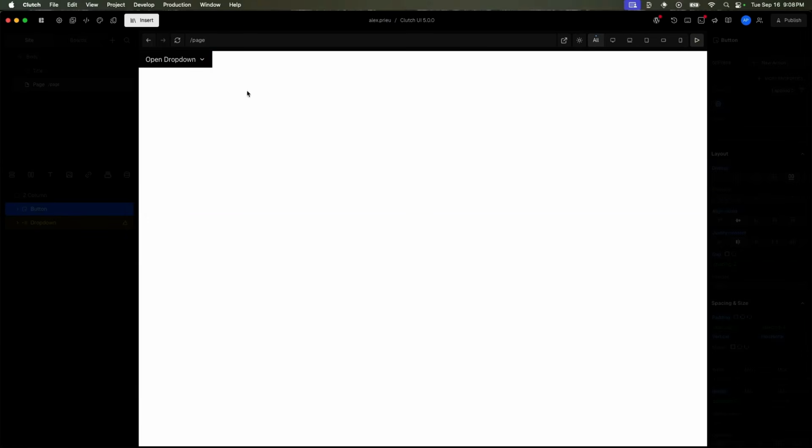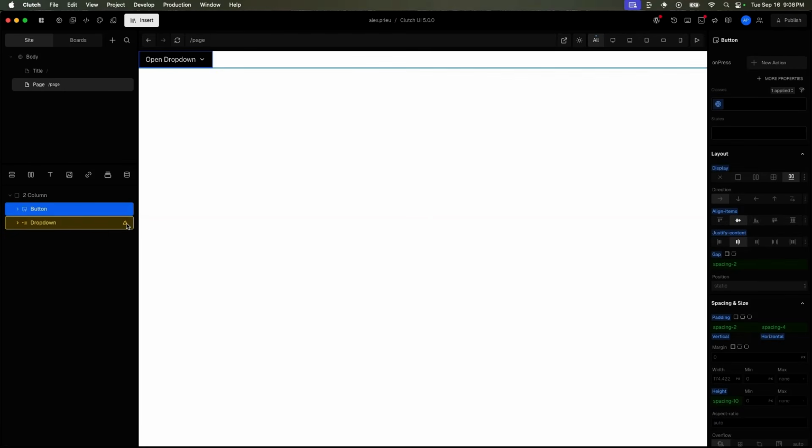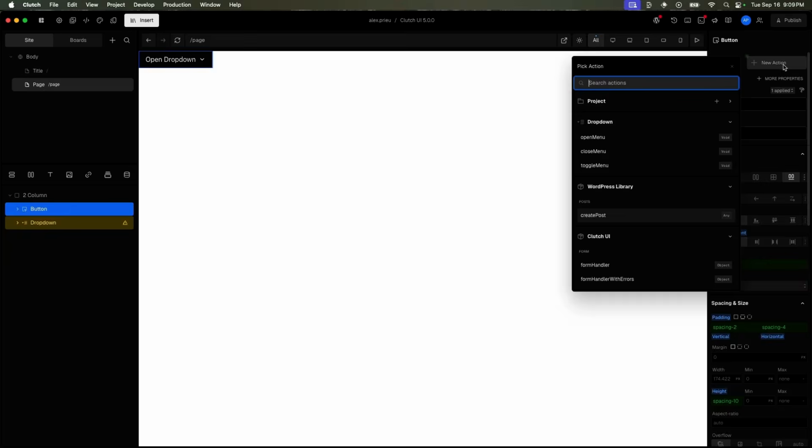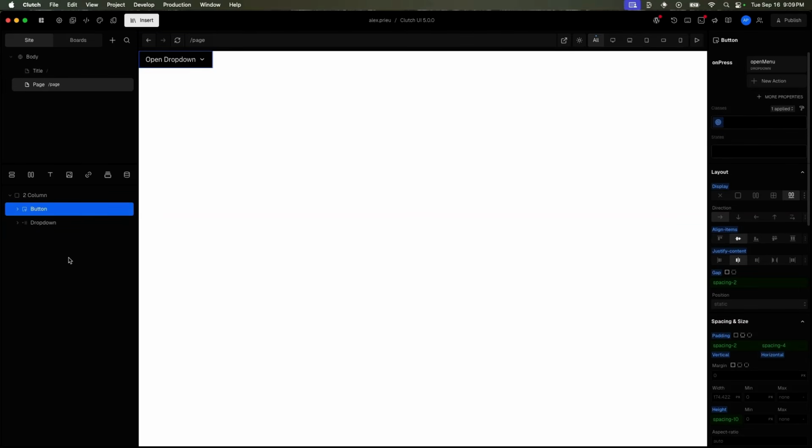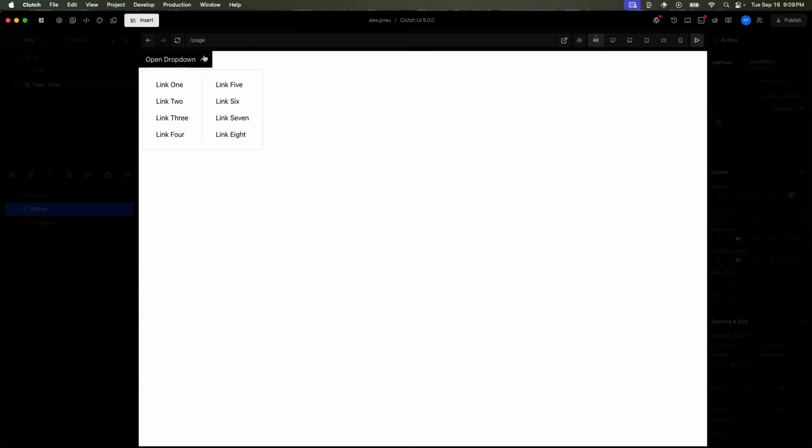So this button exists and there's a drop-down here, but clicking doesn't do anything. We're trying to be smarter and provide these hints that let you know when there's an actionable item that is hidden, cannot be opened anyway. As I add an open menu action here to the button, that warning now goes away